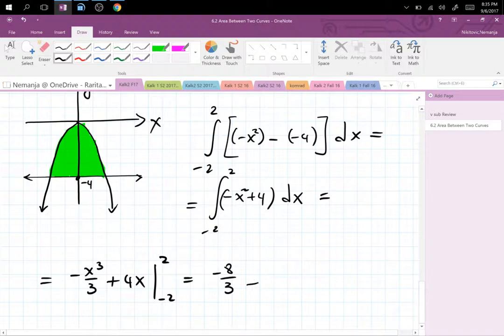That's negative 8 thirds plus 8. Now we have 3 minus signs in a row. The minus on the function, the minus on the number. Oh, actually, wait. First we do the positive 2. So plus, there's a minus in the formula and minus in the function. So it's a plus 8 thirds. And then we have